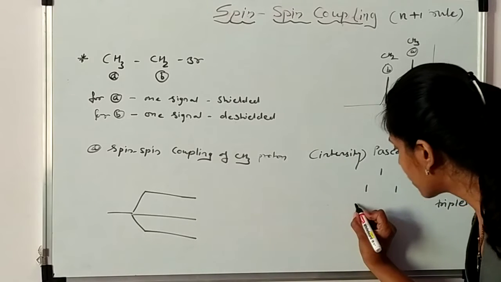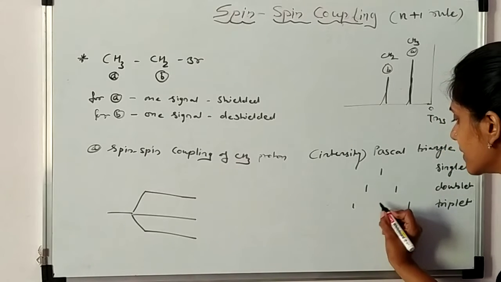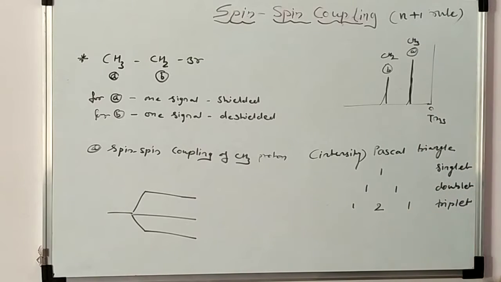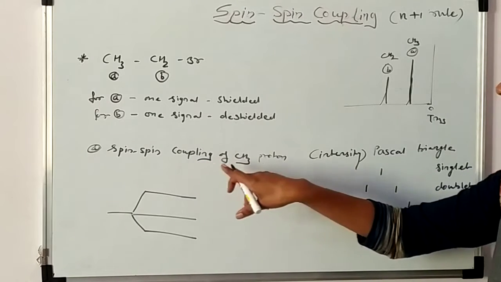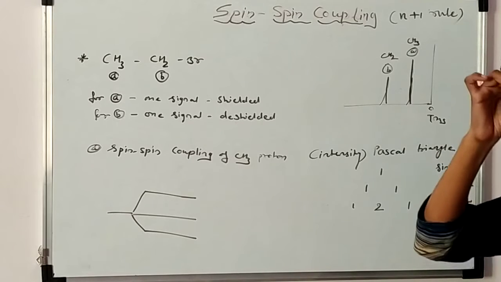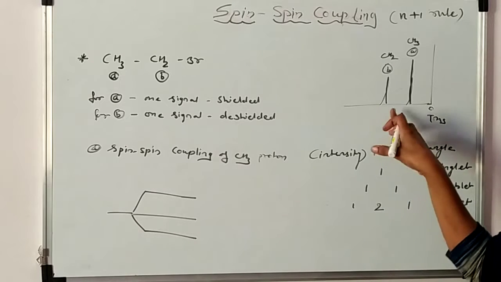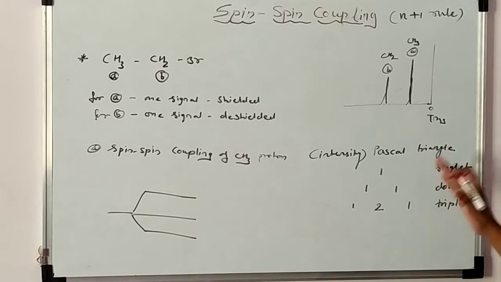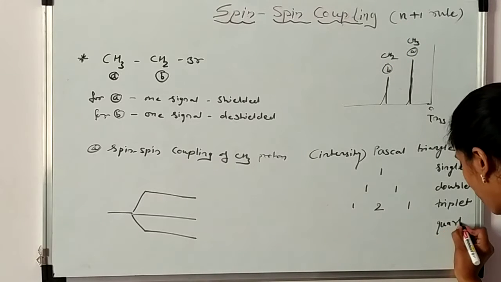In the Pascal triangle, write down the 1 1 at the corner, and in the middle the addition of these 2 entries will be done. 1 + 1 is 2. So 1, 2, 1. That means your spectrum is coupled or split like this. This is the signal only. This signal is again included in the multiplicity format. When we see the broad signal of this, we see the multiplicity factor in this, that is triplet, quartet. The next one is the quartet, that means 3 + 1, 4. It is known as quartet.